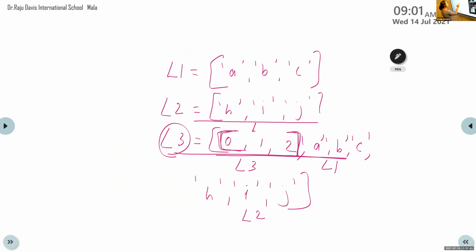This is a single element, L3, and L2 is also a single element. So the output is displayed like this. Within the square bracket, the first element is a list, and the last element is also a list. That is single element insertion.